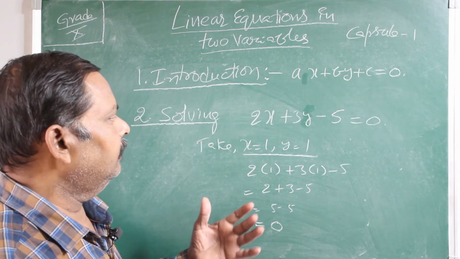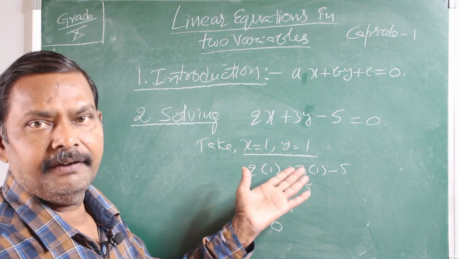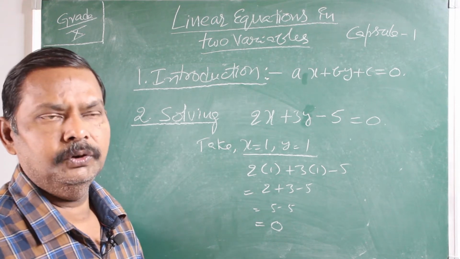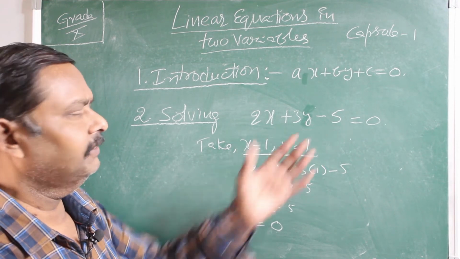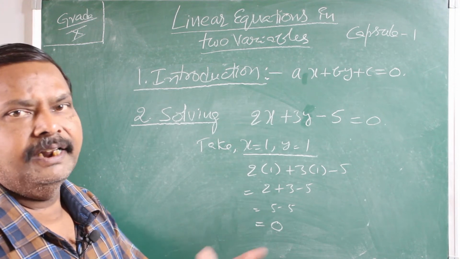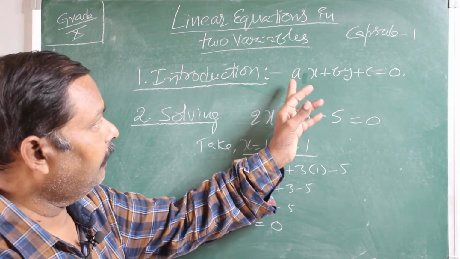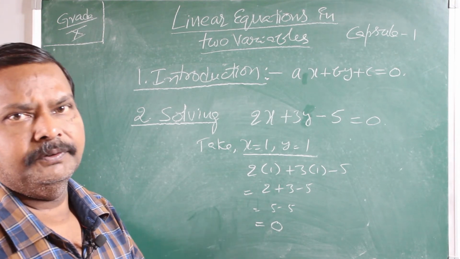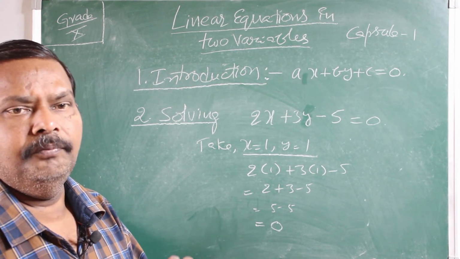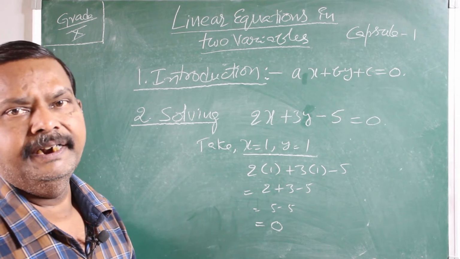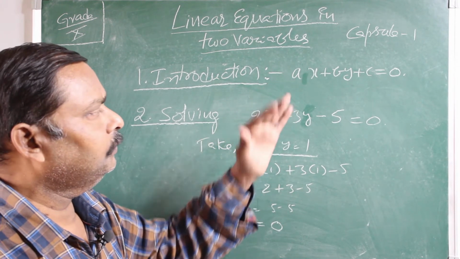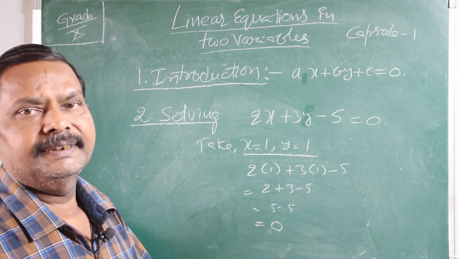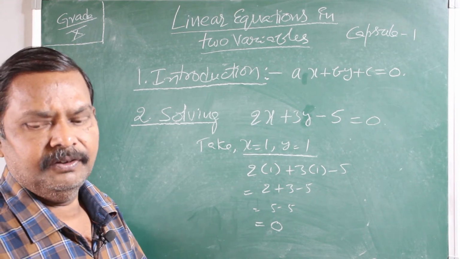So it is a hit and trial method I have taken, but to have exact solutions for a linear equation, that means to solve the linear equation, actually we have two variables here, x and y. To solve the equation with two variables, we need to take minimum two independent linear equations, and using the two linear independent equations we can have their simultaneous solutions. For example,